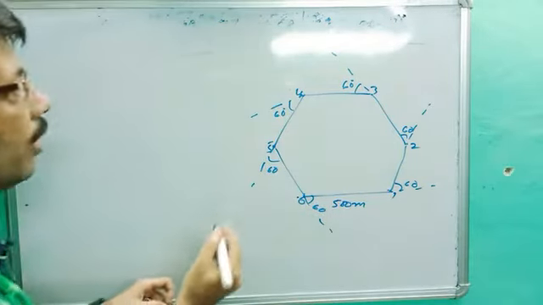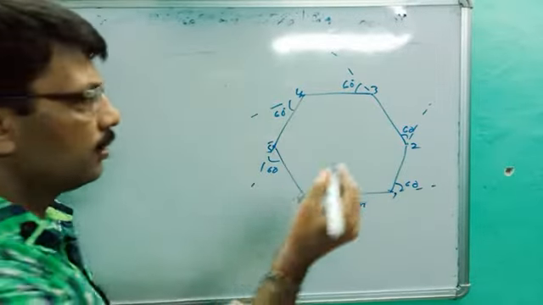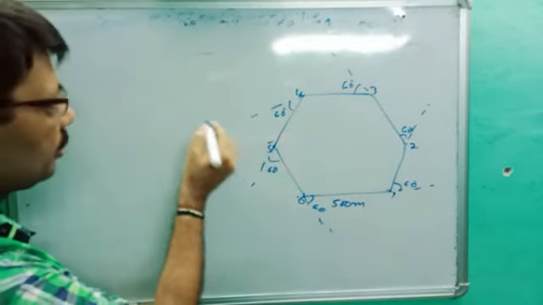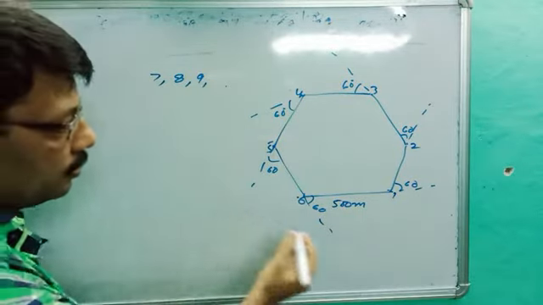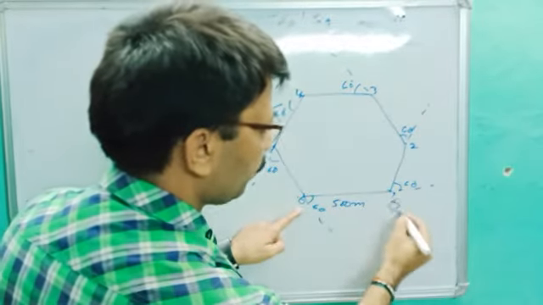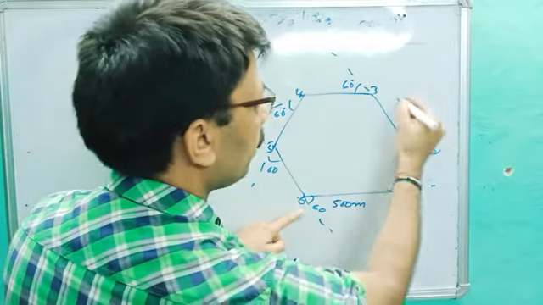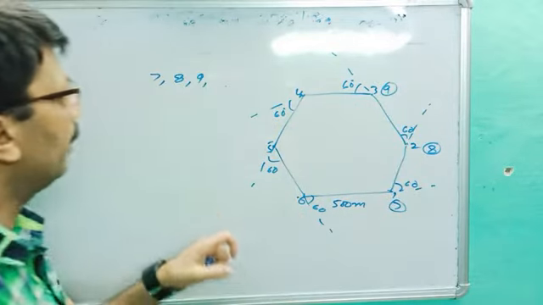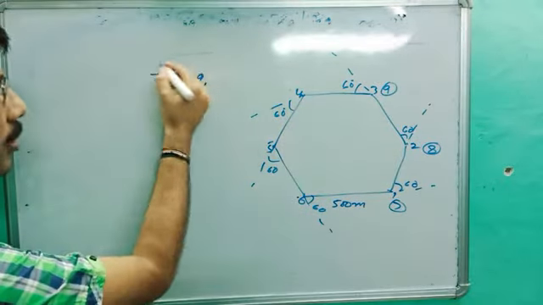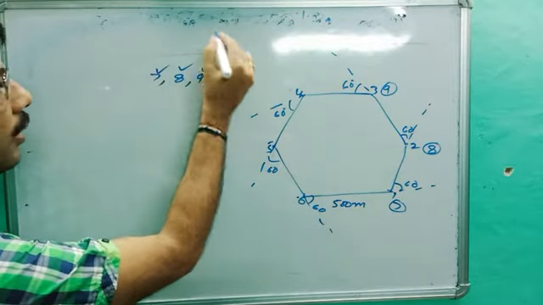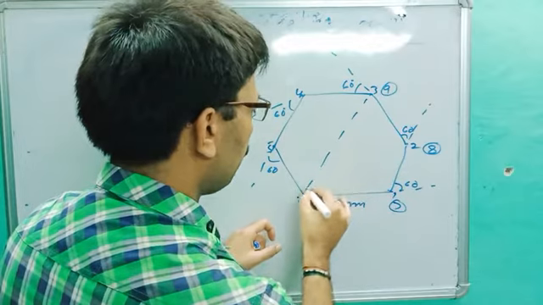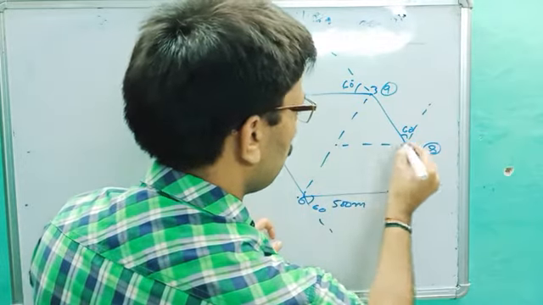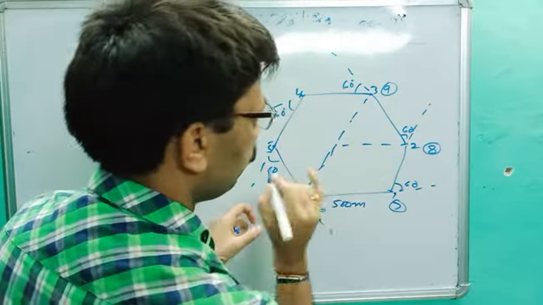I ask you to find the distance and displacement at the 7th, 8th and 9th turn. So this is 6, again this will be 7, this will be 8, and this will be 9th. So we have to find the distance and displacement for the 7th, 8th and 9th turn. First we have to complete the diagram for this. This is the diagram.